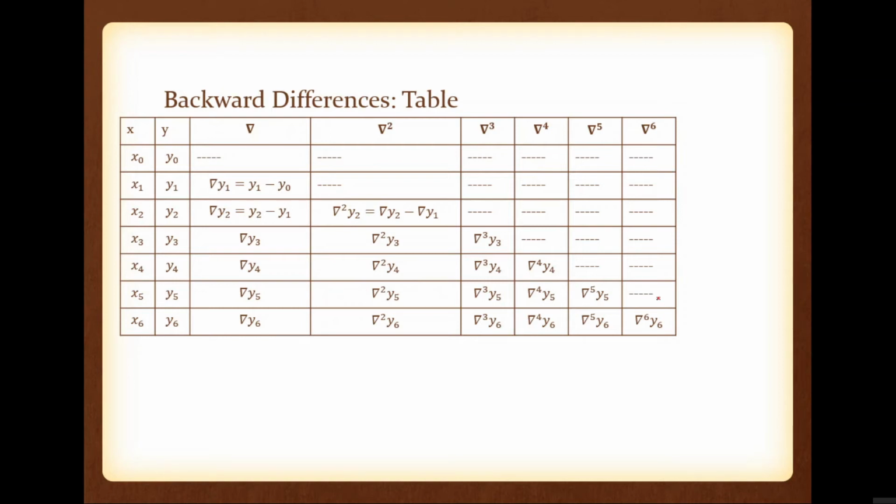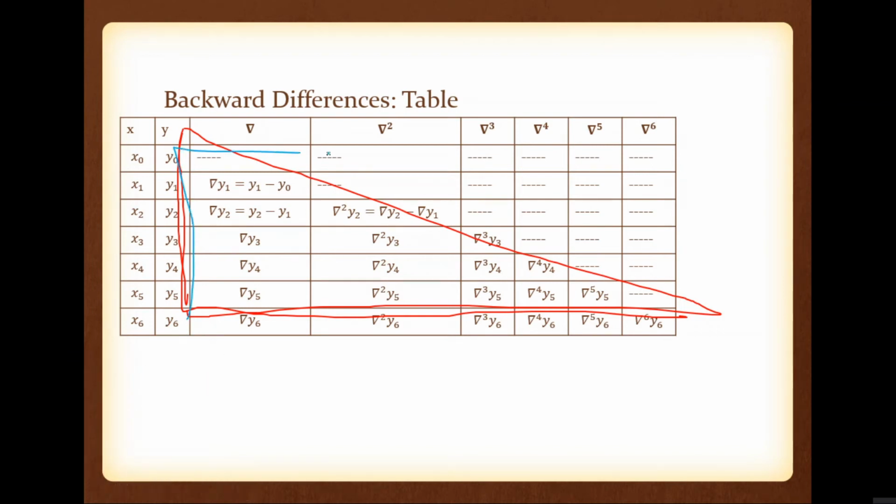So this is the backward difference table. If you compare the forward difference table and the backward difference table, what is the shape of the backward difference table? It is something like this one. A triangular shape, because the remaining elements are absent. So this one is the shape of backward difference, right? What about the forward difference? The shape of forward difference is like this way. Am I correct?